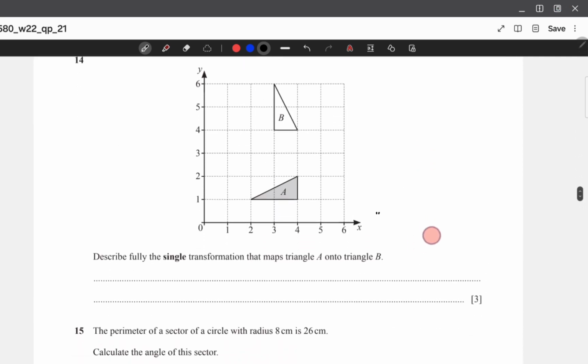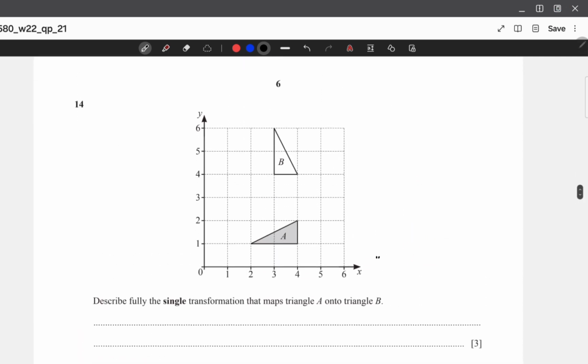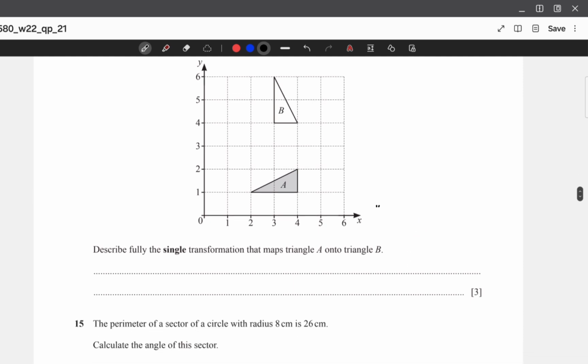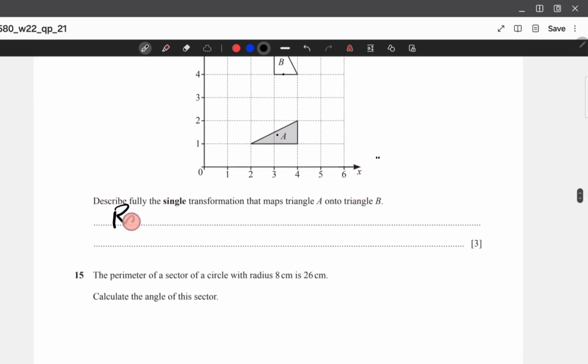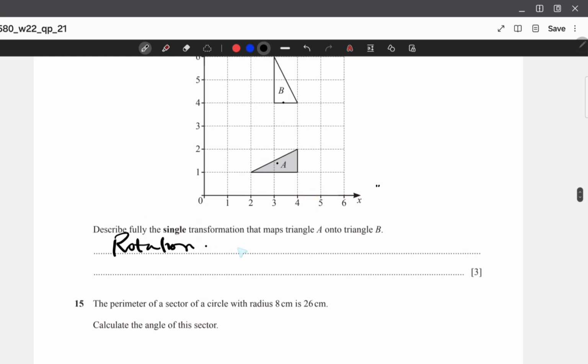Okay, now number 14. To solve number 14, they say we should describe fully the single transformation that maps triangle A into triangle B. If you look at triangle A and triangle B, they are the same size. This is 2 units, this is 2 units, so there's no enlargement and there's no reduction. So what looks to have happened is a rotation, because it was here, then it stands erect, so it's a rotation. It rotates 90 degrees. It moves like this, so it's 90 degrees clockwise,